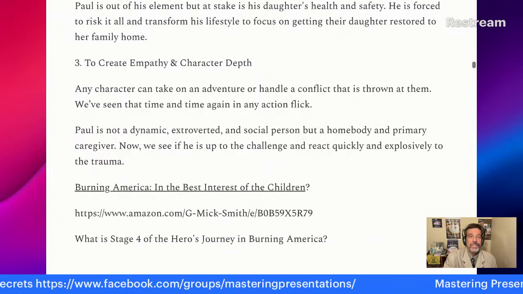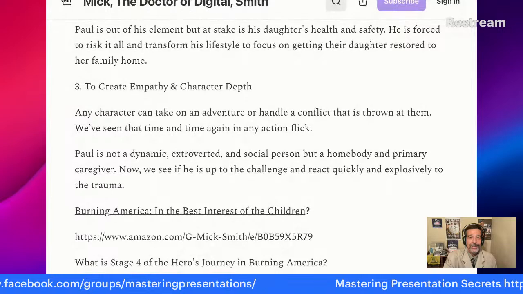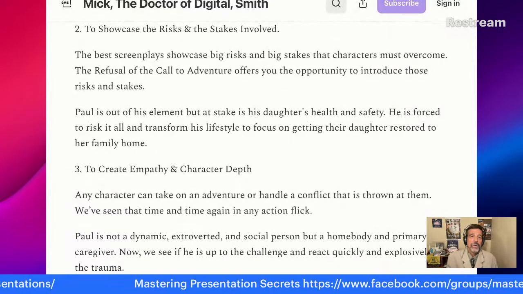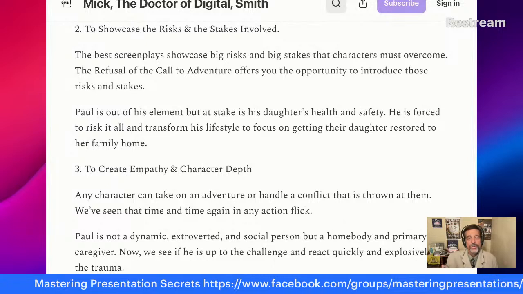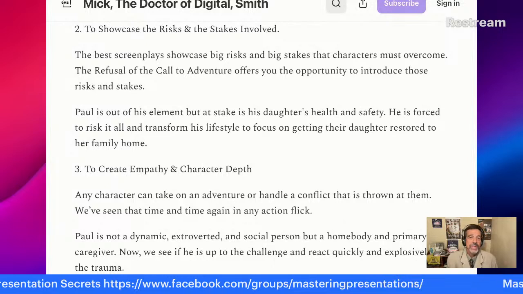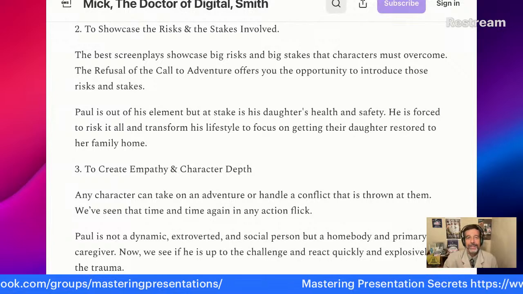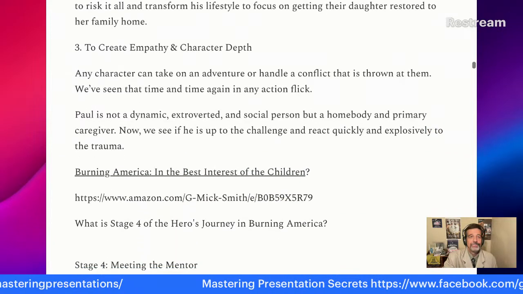All of those things that are very, very difficult. So he wants to be able to take care of the daughter's health and safety. He's forced to risk it all and transform his lifestyle, not spend any money, put everything into getting the daughter restored to the family home.